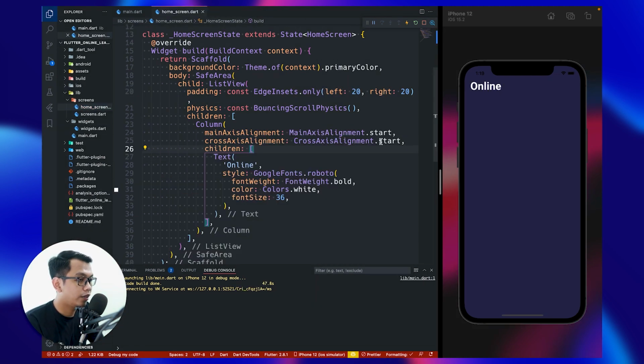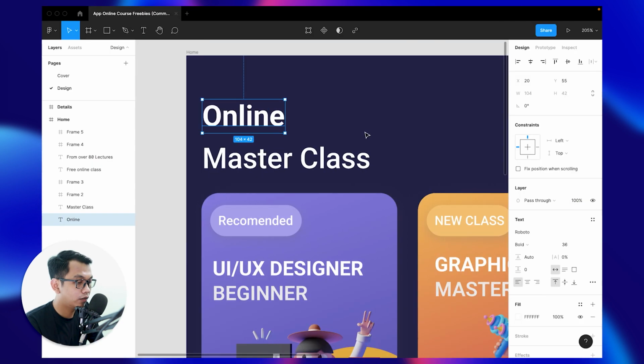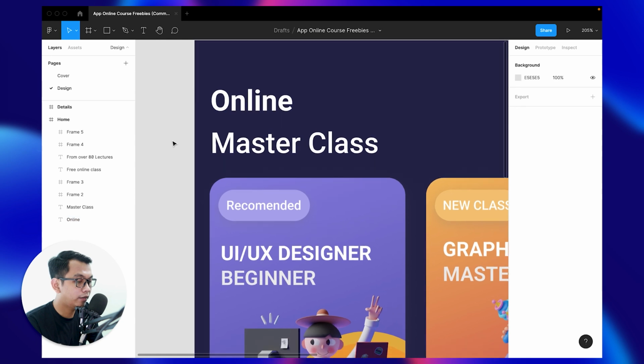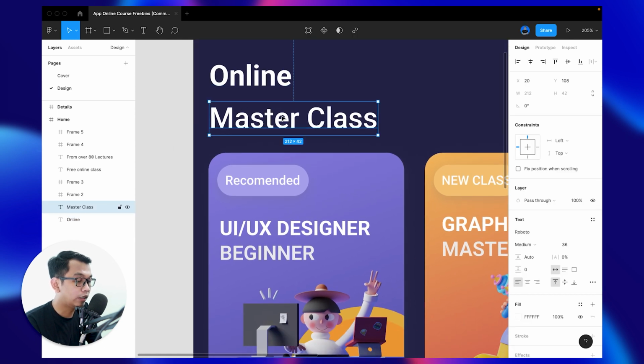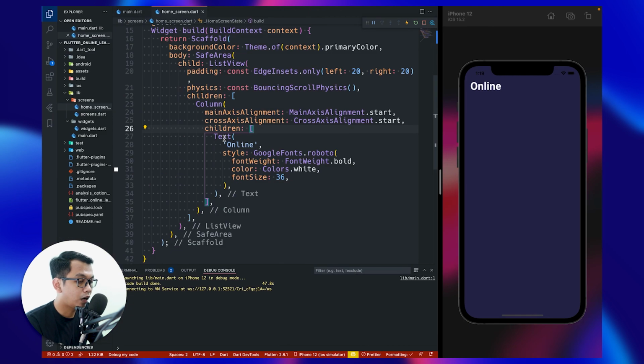Okay, so as we can see, we have one text right here which is "Online", and we can see it from the design. The next step is we want to add another text widget. Because we use column, we can place another widget below the previous one.